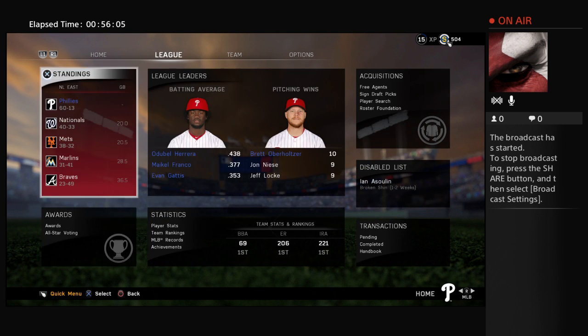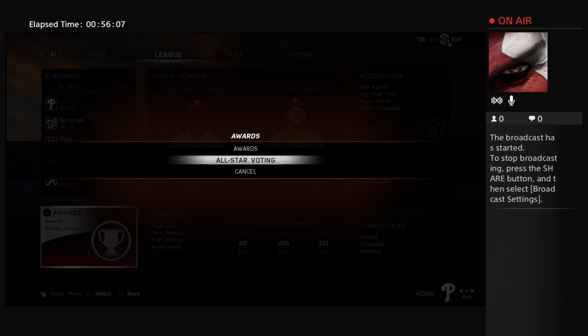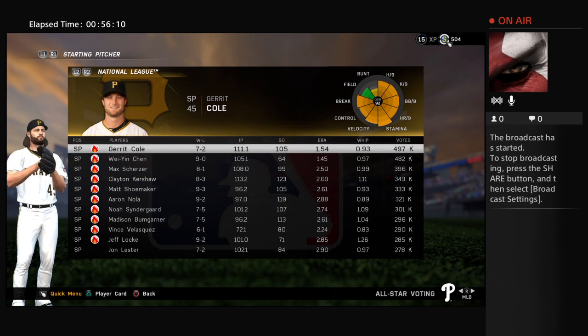Good Thursday morning to you, Show Nation. Let's jump right into Wednesday's baseball action. Looking first at the NL East, the Philadelphia